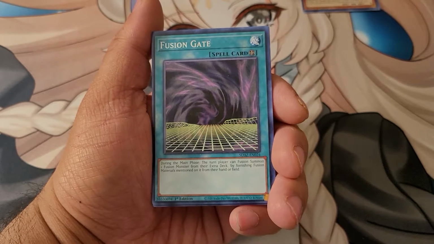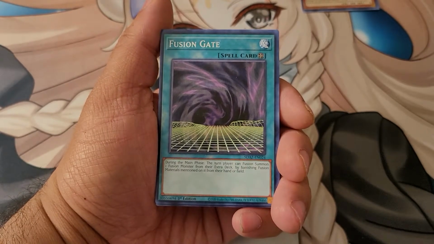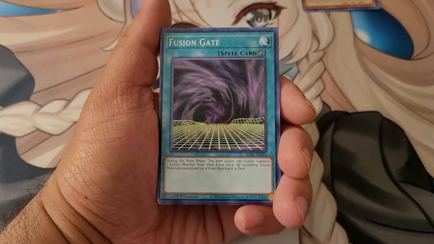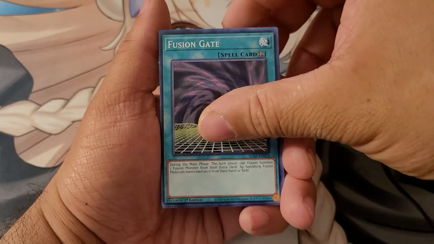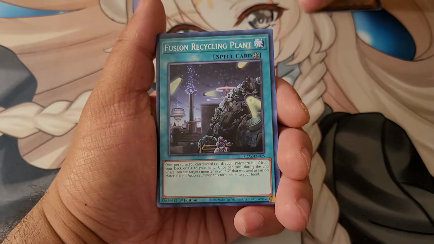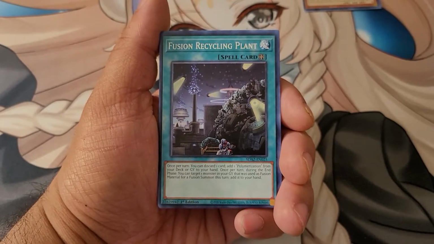Fusion Gate is the card that helps you fusion summon monsters since we don't have the Branded Theater. This card banishes instead though. So there's extra fusion material, fusion cards. Same thing with